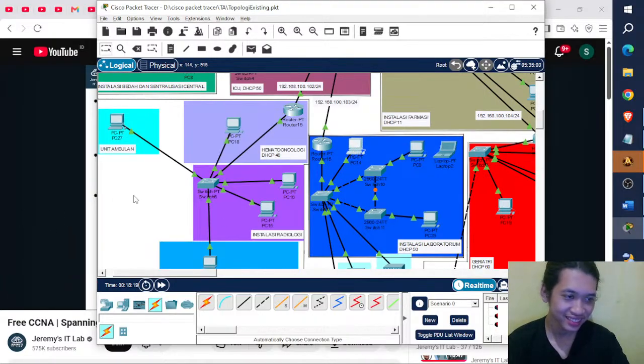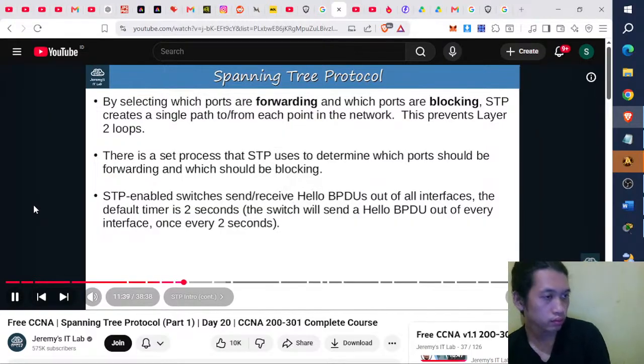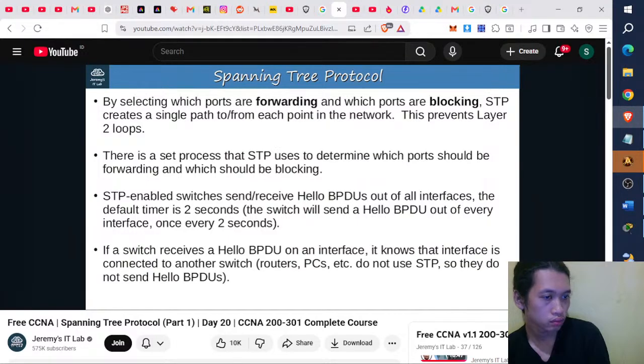Out of every interface, once every 2 seconds. If a switch receives a hello BPDU, it knows that interface is